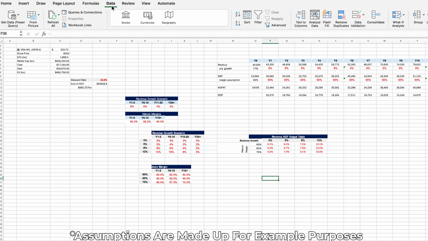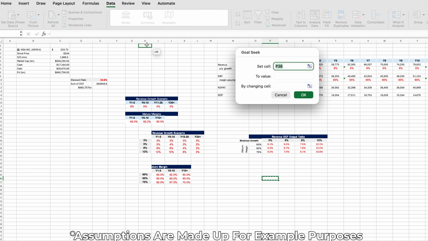A lot of people will ask the question, what multiple is the right multiple I should pick? So if that is you, this is what you need to do. You need to create a DCF, a discounted cash flow model. You could look online how to do it. It's super simple and easy. Even Claude can help you with this now. Once you have that done, adjust the assumptions so you're comfortable with it. Then go on Excel to a what-if equation, Goal Seek, and set it so that the output of this DCF, when you sum up all of the discounted cash flows, equals the current market cap value. And then you're going to solve for the discount rate that allows those two numbers to match.